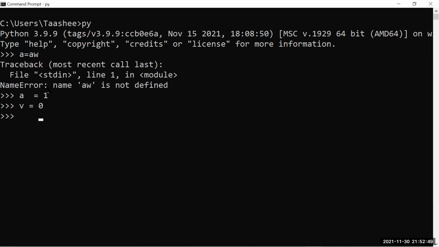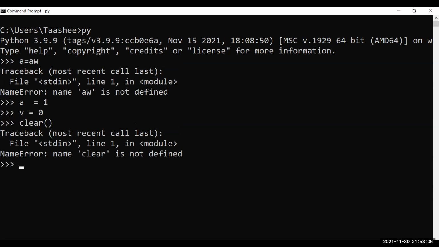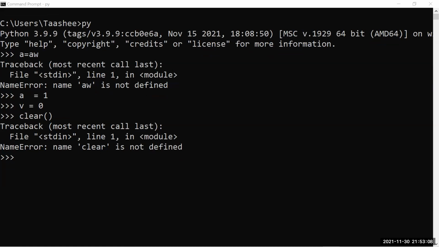Nope. I think on Windows it might be Alt L. No. Clear with brackets open and close? Nope. Okay, cool, no need, I'll just check it on the web. One second.